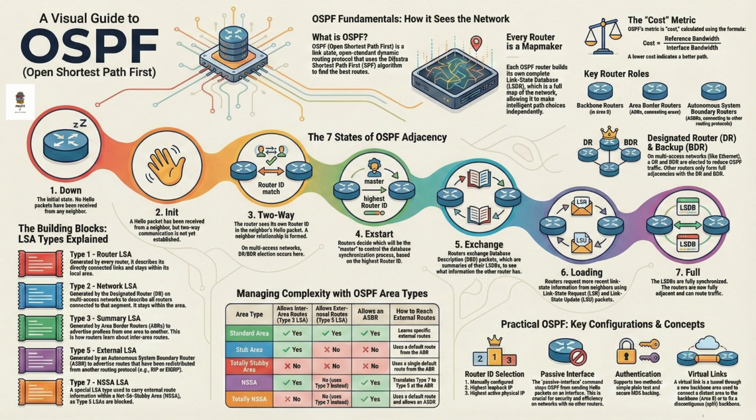And this is the critical juncture on multi-access networks. The DR and BDR election occurs immediately during this state. They decide who's in charge before moving on. Right, they determine the spokesperson for the segment before continuing the data exchange. So once they know who they are, and if necessary, who's in charge, they need to decide